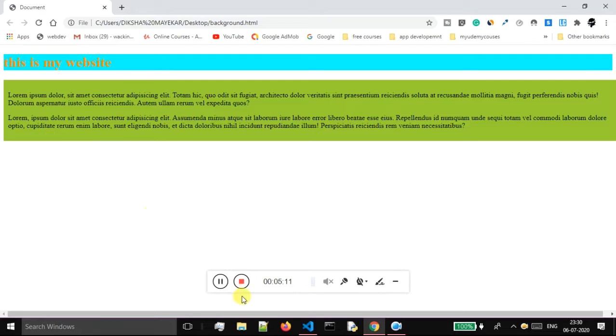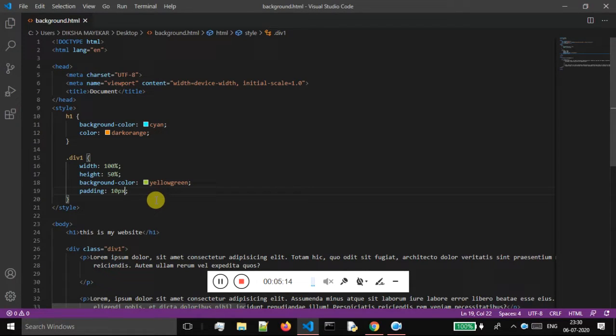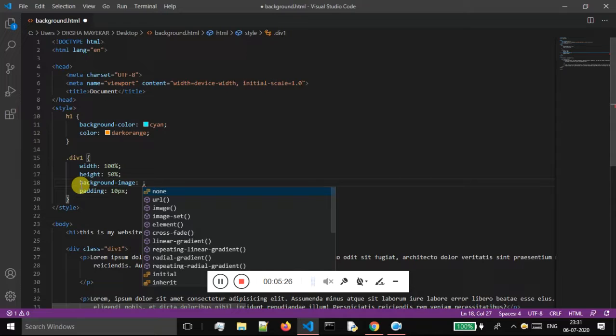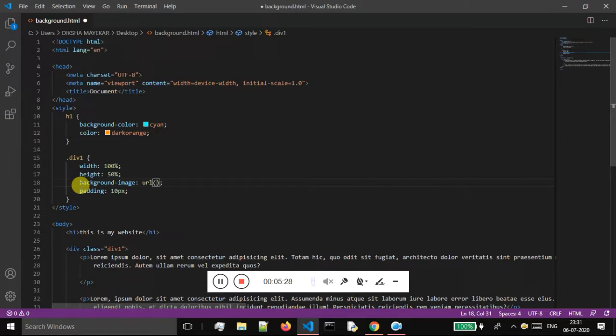now this looks much better. So now what I'll do, if suppose I want to give a background image to this division, then I will make use of this property known as background image. I will remove this background color, and I will say background image, and it takes a URL as a parameter, and inside of this URL you have to specify the URL of your image. Okay, so I'll go to